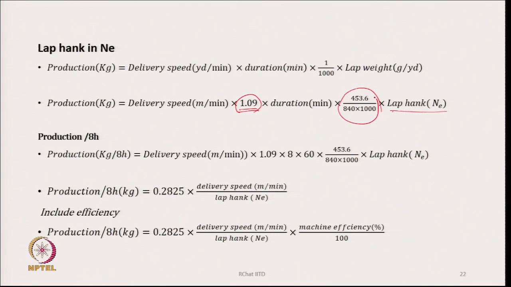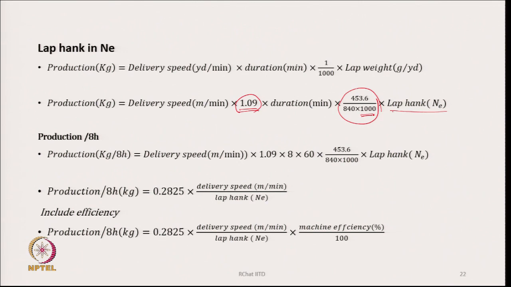because 840 into lap hank, whatever it is, multiplied by these two, weight of that many yards is 453.6 gram, that is 1 pound, and therefore weight per unit yard is going to be 453.6 by 840 into lap hank, and that I want to convert into kg, I divide by 1000. So, it becomes 453.6 by 840 divided by 1000. That will give me actually your